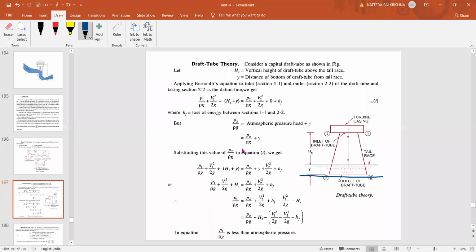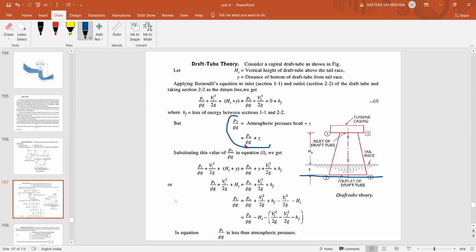But if you see at the outlet, there will always be atmospheric pressure only. Atmospheric pressure only will come out of the draft tube. So we can take P2 by rho g as PA by rho g plus this value of Y. How much head is there after coming from here, only then the water starts out. So the pressure head available here is PA by rho g plus whatever depth is kept inside the tail race, that is plus Y. So PA by rho g plus Y is taken as your P2 value, right? So the atmospheric pressure head plus how much height it is immersed should be taken as your pressure head at the outlet, second part, right?